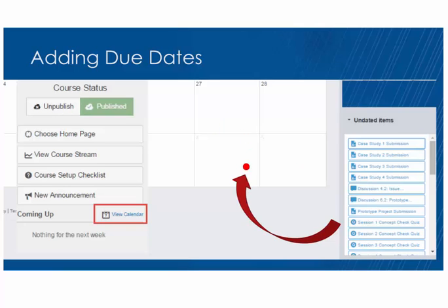So if you do drag it to the day you want, you can always go and edit and change the time if you don't want that kind of midnight submission deadline. But this is just a way that if you're using those times particularly, it will be very quick. But I think even just in terms of clicks and getting things into days, it will be quicker even if you have a different time here. So that's just another way that you can save some time, particularly when you're setting up the course.